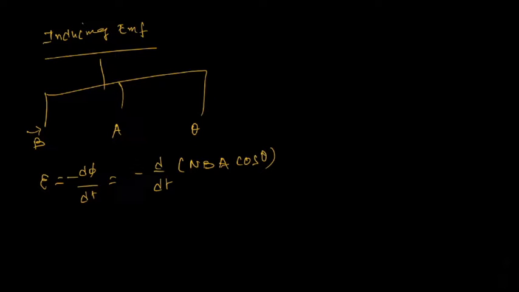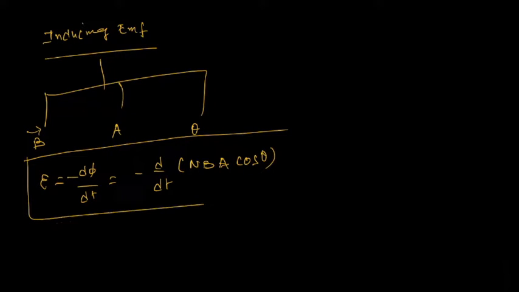The induced EMF can be obtained based on this equation, that is Faraday's law of electromagnetic induction. According to Faraday's electromagnetic induction, we already discussed that the induced EMF is equal to the rate of change of magnetic flux, and Lenz's law gives the minus sign. We also already know that phi is equal to BA cos theta, so we can include that also. Therefore, E is equal to minus d by dt of